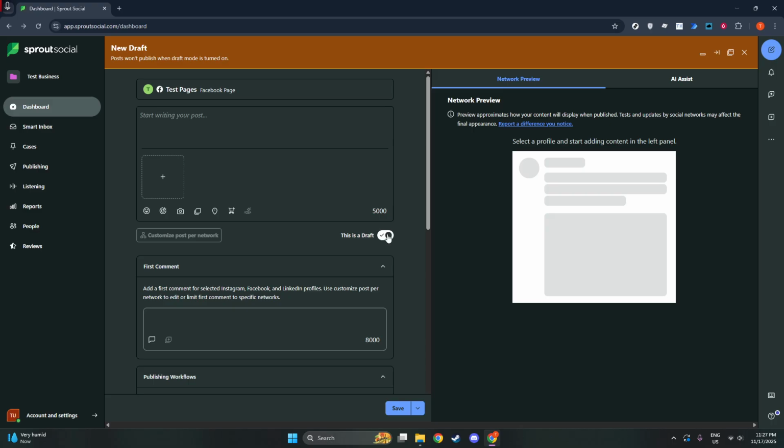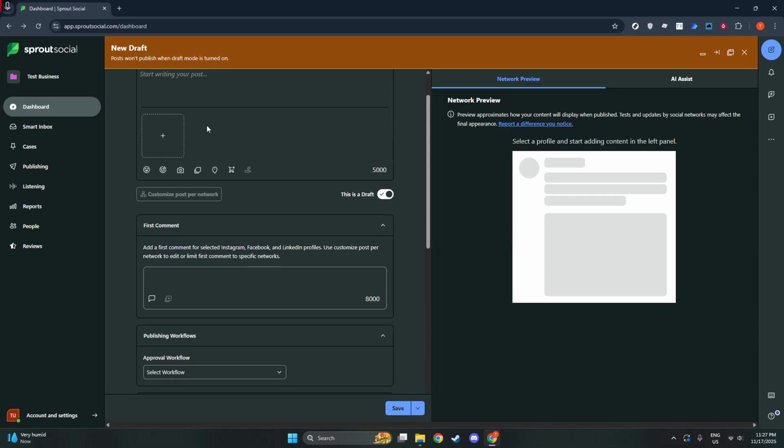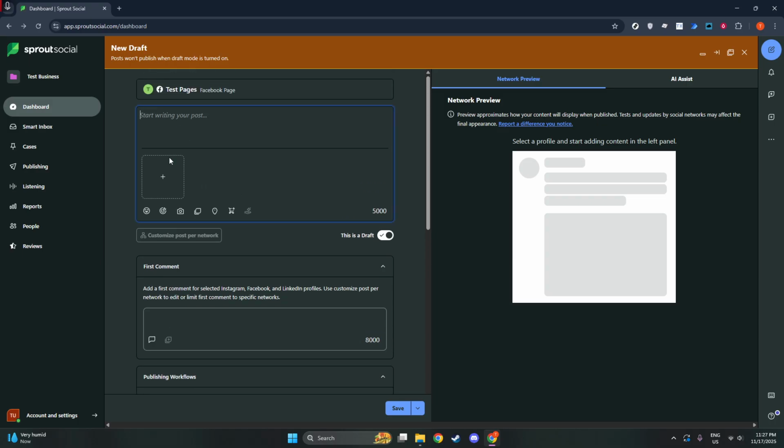Now that you have your profile selected, it's time to move on to creating your content. You'll find a text box ready for you to enter your caption or message. Keep in mind the nuances of each social media platform, as a captivating and appropriate caption can significantly boost your engagement rates. Once your text is ready, you might want to enhance your post with some media, such as an